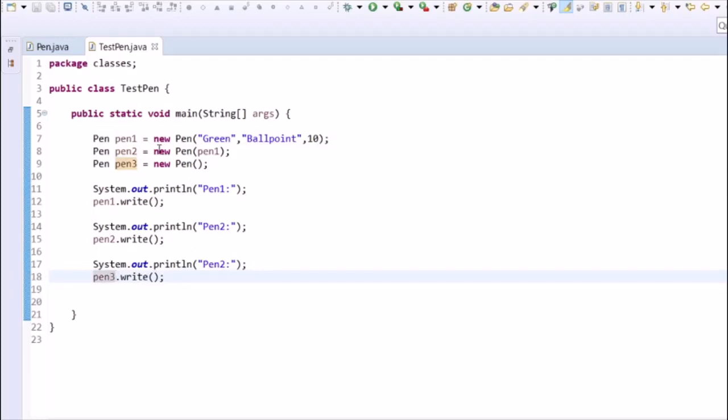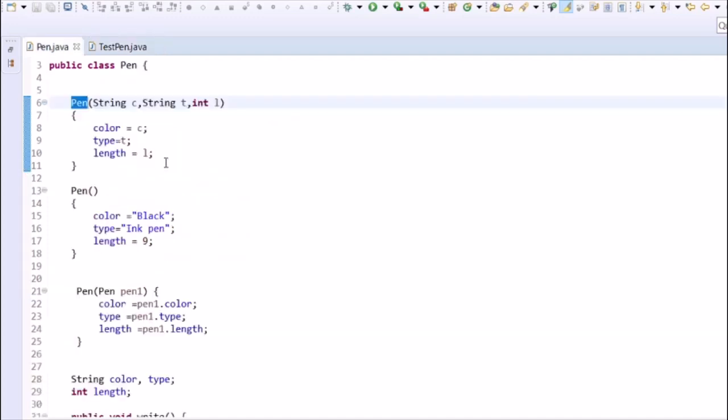So in the first case, the pen constructor with string and int parameters is called.